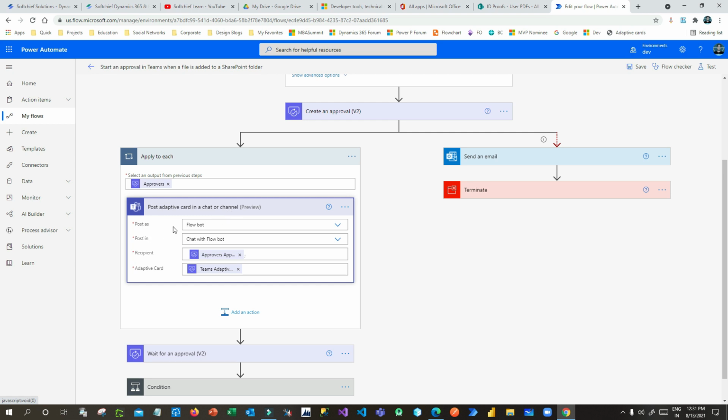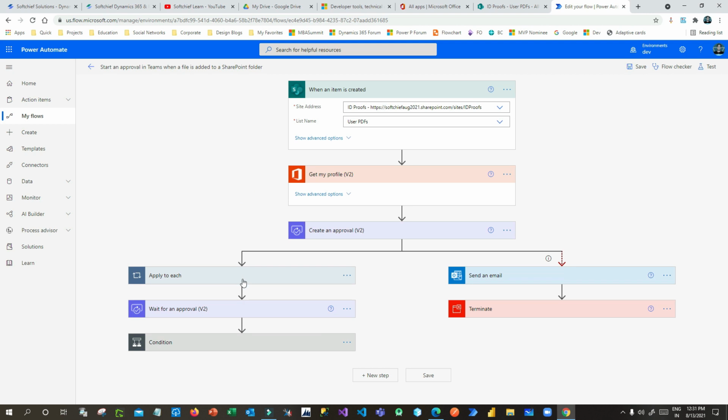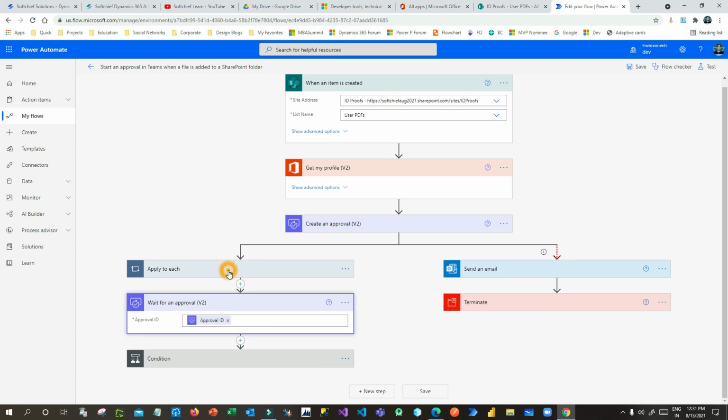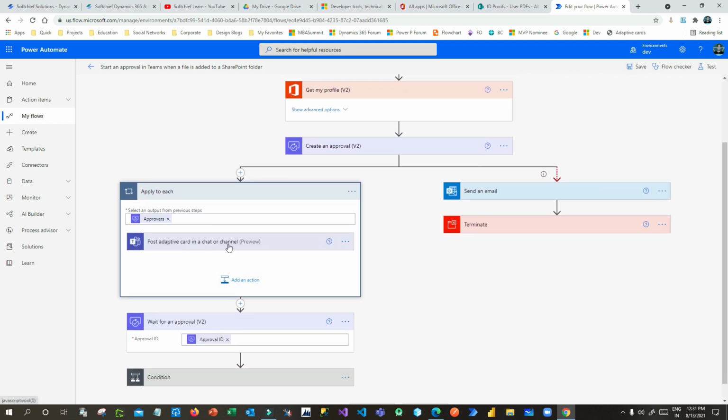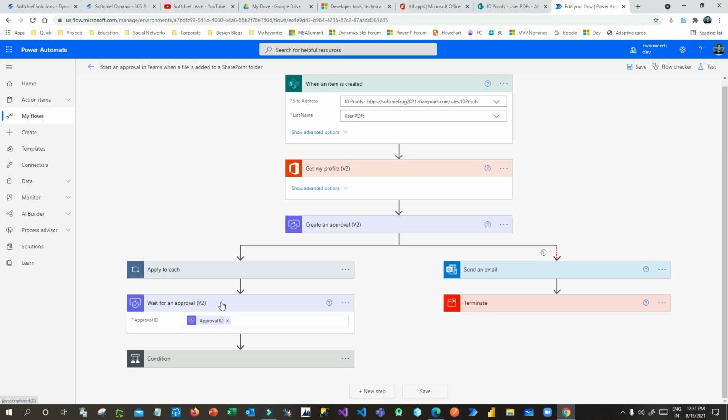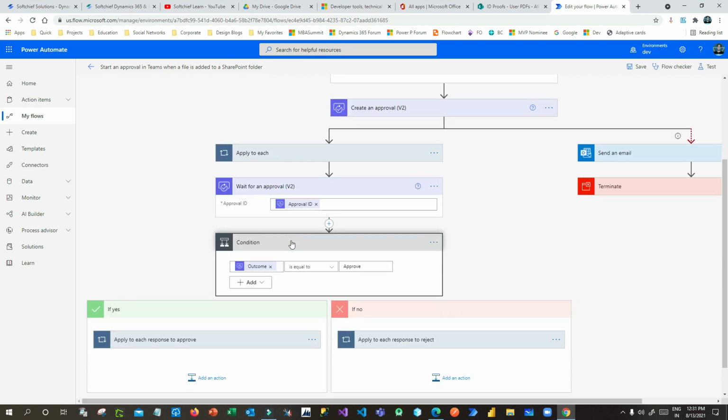So to where it will send an adaptive card. An adaptive card is such a card. It will give you some information with some action items, right? I will show you how it looks. So the adaptive card is already created for you, so you don't need to create it. Now, the next step is wait for an approval. Once this adaptive card is sent for approval to the user, the wait for an approval step will wait for the approval that is raised, and once it is approved, it is checking the condition.